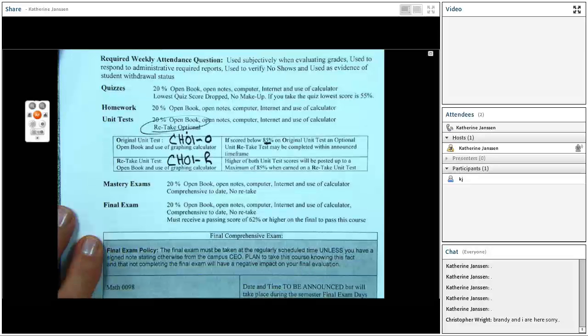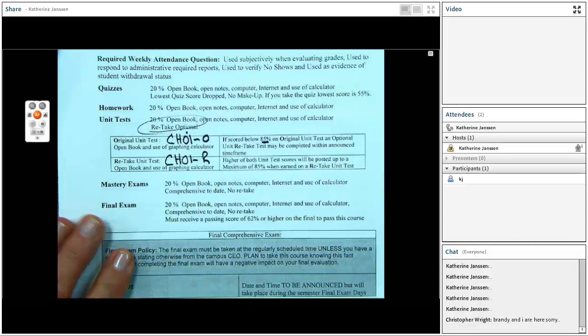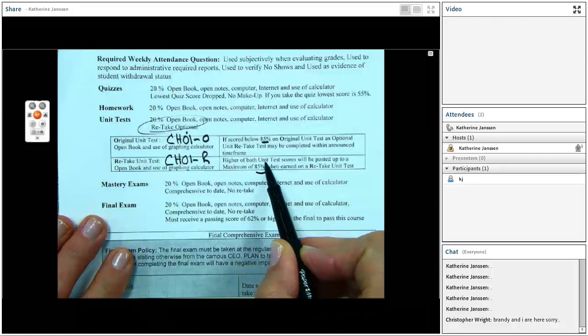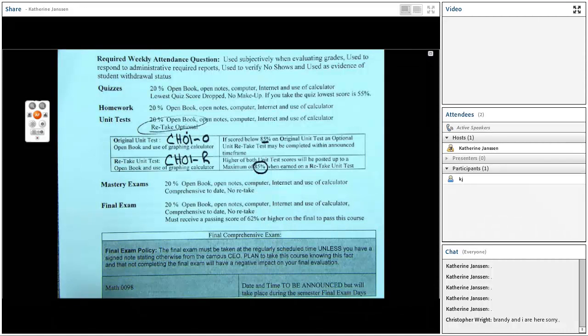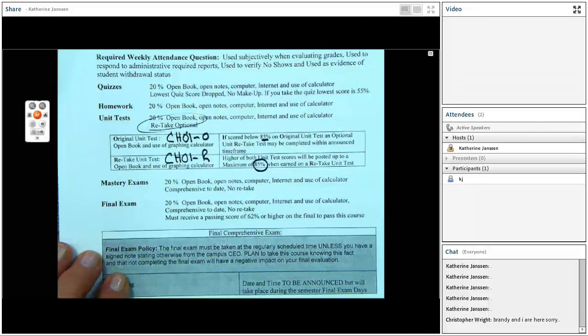The retake, you can bring your score up to a maximum of 85%, which is a high B. So I will post the higher of the two up to 85% as a maximum. So just know that there's a little comfort level there for any with math anxiety. Your unit test, you do have a retake option to bring your score up to a maximum of 85%.